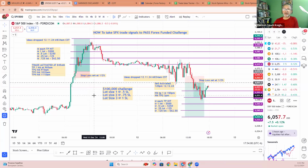If you're in a bind and you need money, don't trade, right? This is not a get rich quick deal. You're going to need money to trade. And if you want to pass a funded challenge, you can get some money to trade, but it's not going to happen overnight. It's going to take a few trades to get there